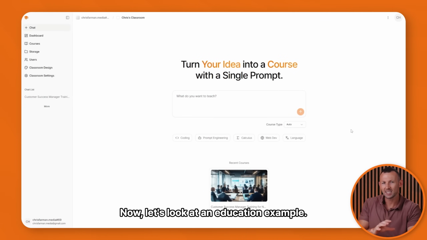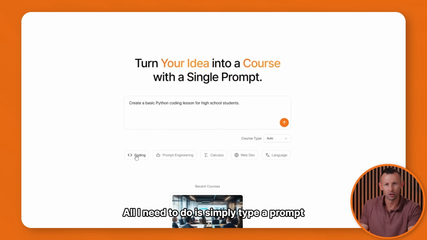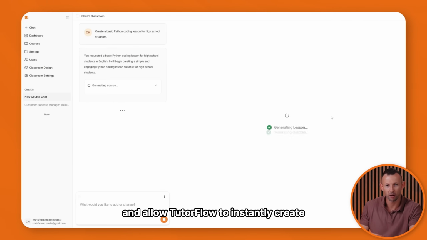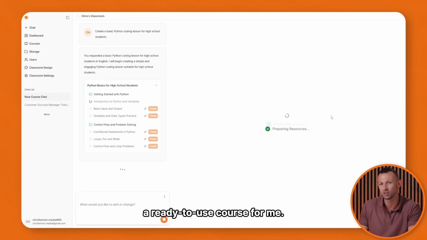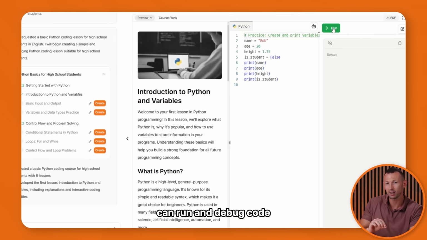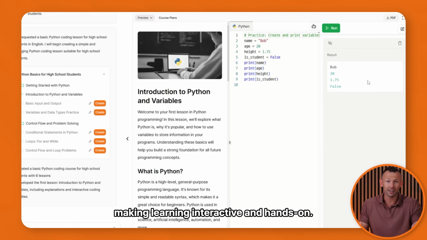Now, let's look at an education example. Suppose you're teaching students the basics of Python. All I need to do is simply type a prompt describing the course and allow TutorFlow to instantly create a ready-to-use course for me. What's more, students can run and debug code directly inside the platform, making learning interactive and